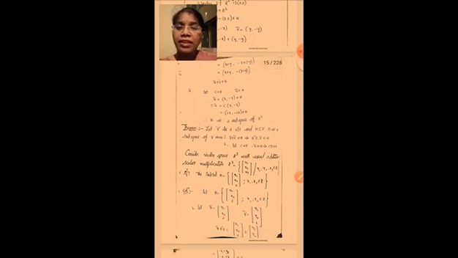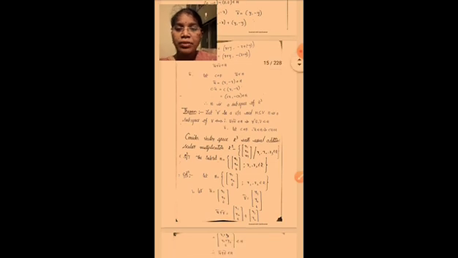So the third one is what? Scalar multiplication, the closed under scalar multiplication property. For this we have to take one scalar from F. So let C belongs to F, U bar belongs to H. So U bar is equal to, we know the form x comma minus x belongs to H. Why? Because U bar belongs to H. In H, which type of elements are there? x comma minus x.